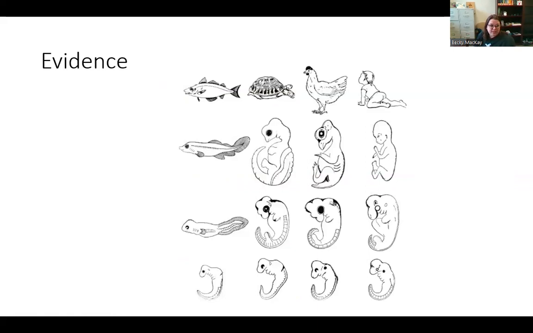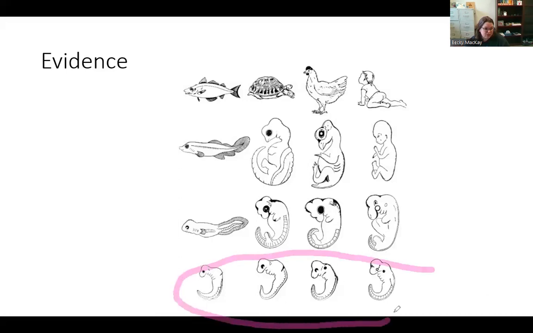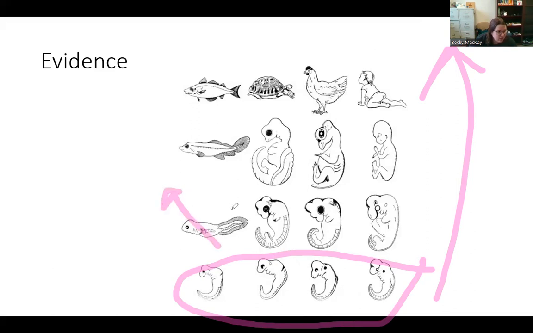We also, you may have seen this, when you have organisms as we develop, and we talked about this when we talked about chordates a little bit, but as organisms develop, early stages, we look pretty much the same. We have these pharyngeal pouches. Now, how long it takes to get from here to here is different. A chick, it takes a few weeks, versus a human, it takes 10 months. So we look really, really similar at the beginning, and then things change, and then fish kind of diverged off, but still at this point, there's a lot of similarities here. And now at this point, you can tell the difference.